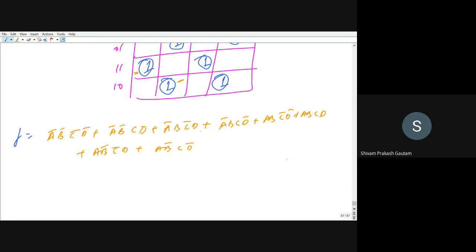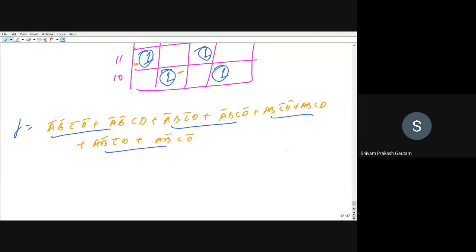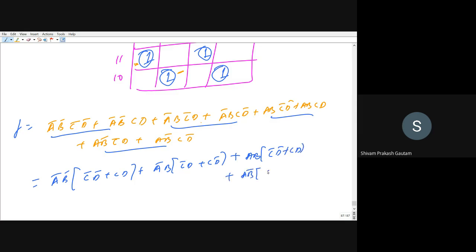Now you have to take common. You can take common from these two, then these two, then these two, and then these two. If you take common from the first, that is A bar B bar, this will be C bar D bar plus C D. Plus A bar B if you take common, this will be C bar D plus C D bar. Plus A B if you take common, this will be C bar D bar plus C D. Plus A B bar if you take common, this will be C bar D plus C D bar.